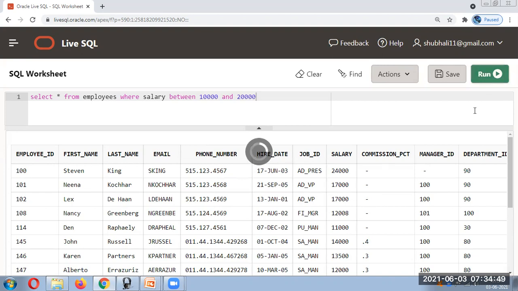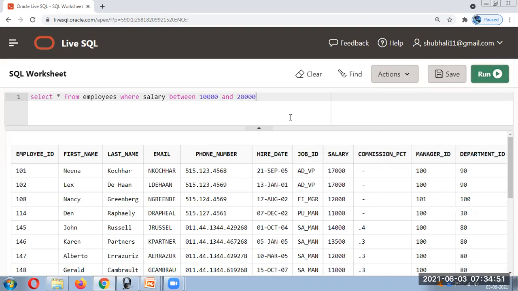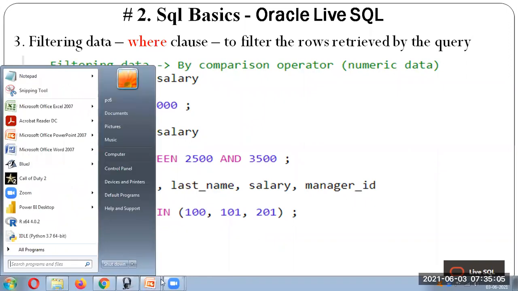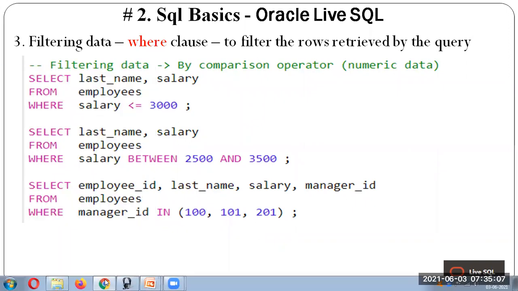Okay, so you can run this, so you will get a particular between. Okay, then you can write IN also. You want a specific range. So whatever the manager ID in 100, 101, and 201. So you can mention that.